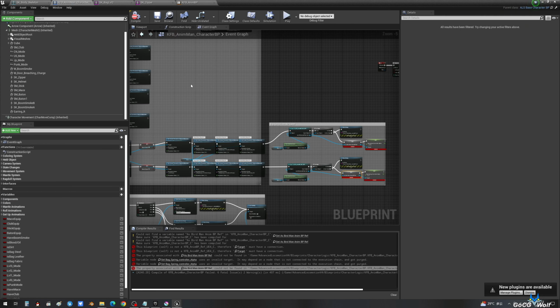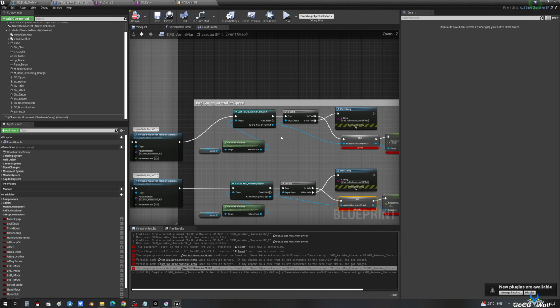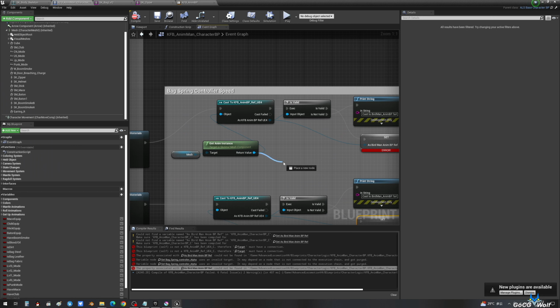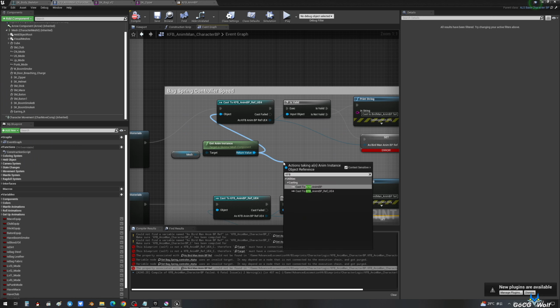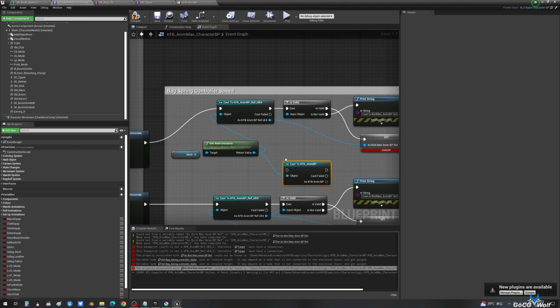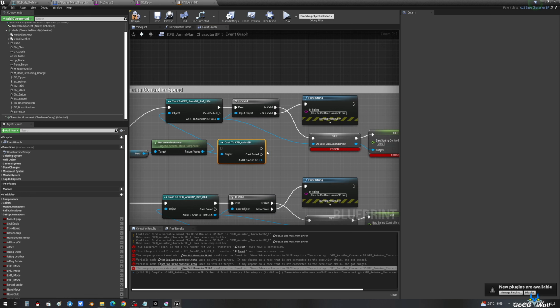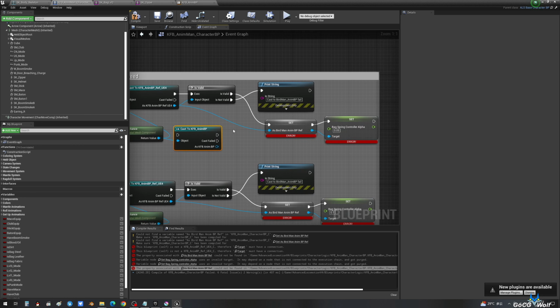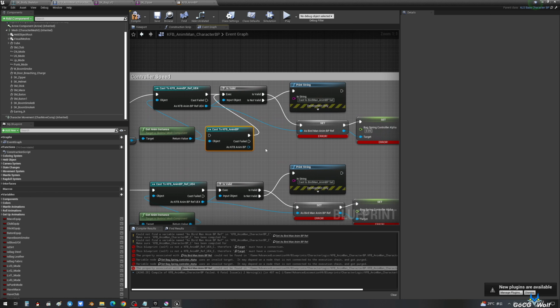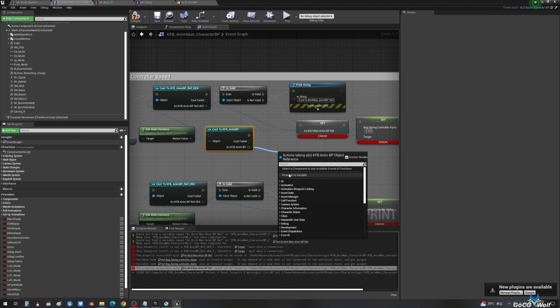Now let's go back to the character blueprint. Promote to a variable.